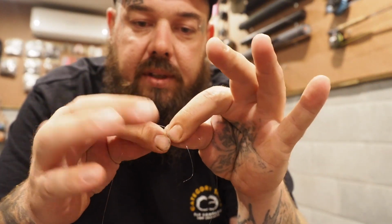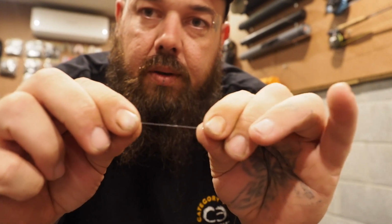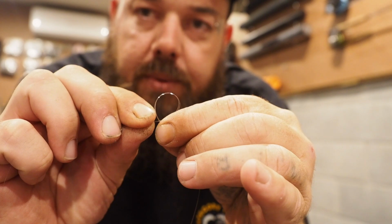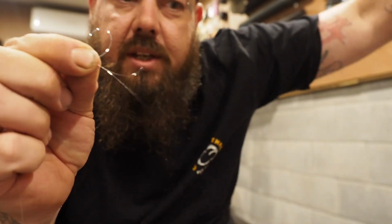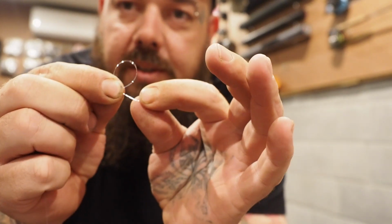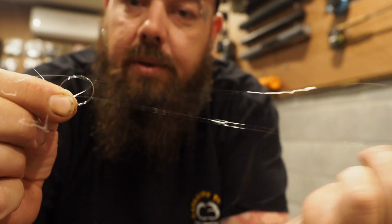So you get each piece of line, have them over each other, so you got a good chunk each side, and then in the middle you want to pop a little loop and put your thumb at the bottom there. Now this is your tag end. So you can grab both of them, both the bits of line, and we go through the loop, both of them, once,